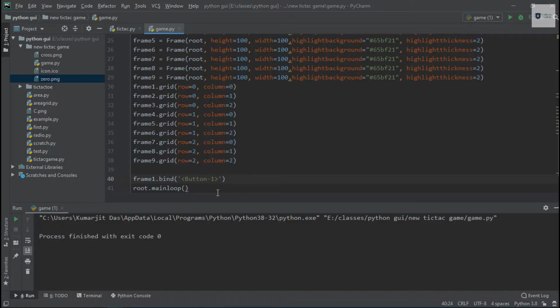So Button-1 means we are clicking the first mouse button. And now we have to mention the function name that will be called when this event is fired, so in the second parameter we will write the name of the function.